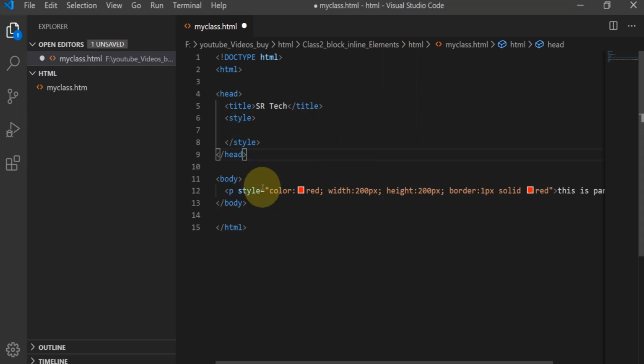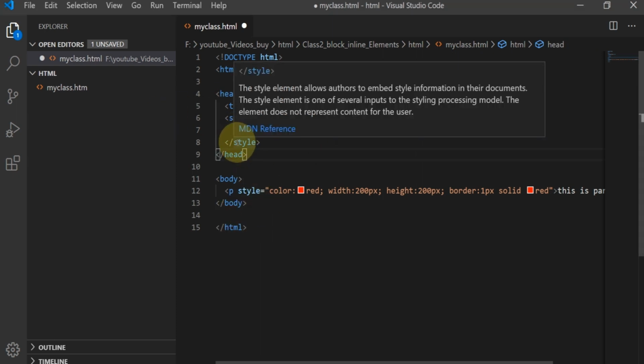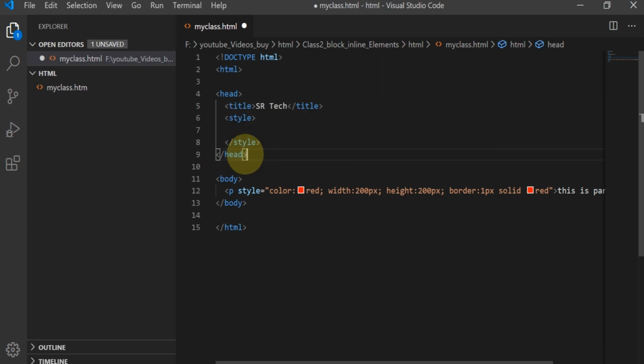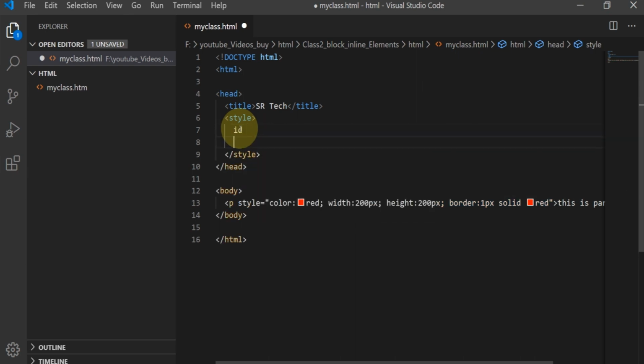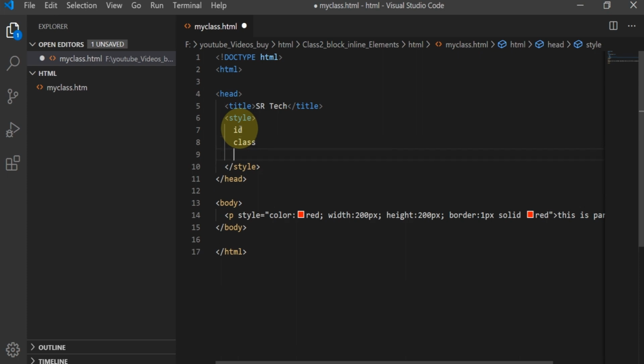Before going to learn internal styles, we have to know about some CSS selectors. Some basic selectors are there. The first one is the ID selector, the next one is the class selector, and the third one is the tag selector.